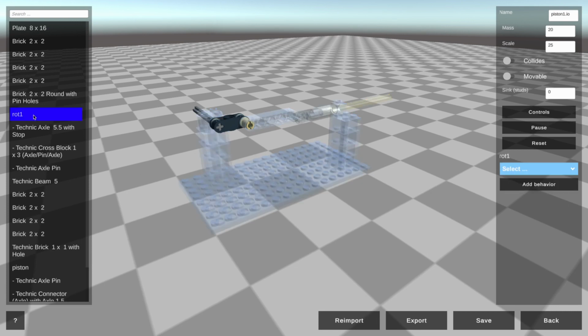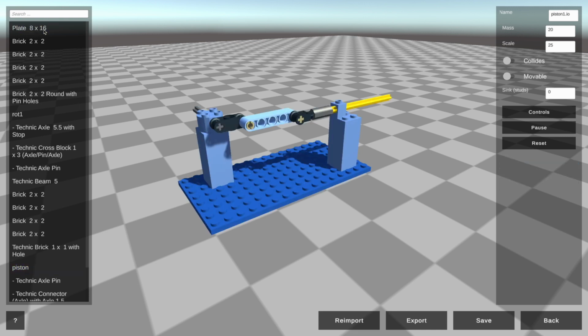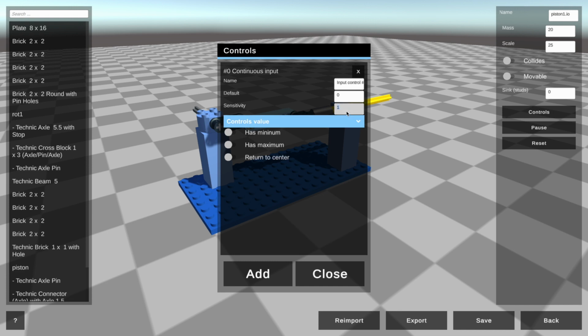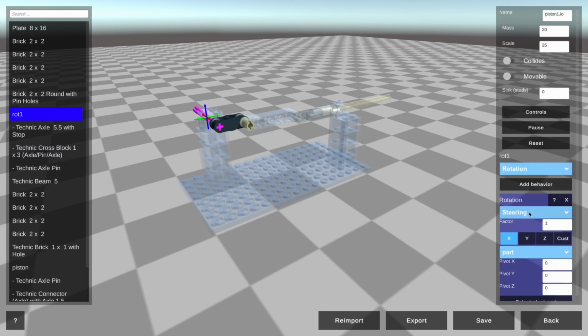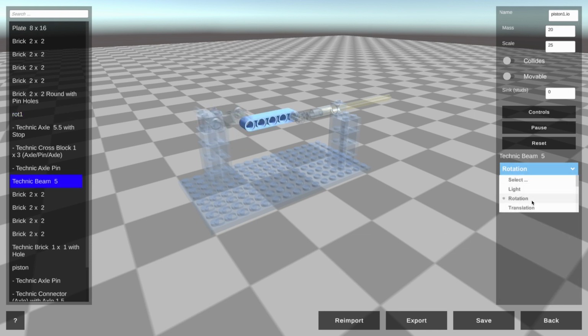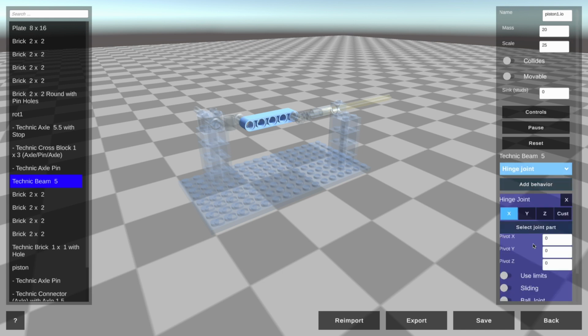As with other behaviors, it's important to set up submodels in Bricklink Studio for parts of your model that will be moving as one piece. First, we set up a control value that we'll use to rotate the shaft. Then we select the lift arm, add a hinge joint, and select the pin from the rotating shaft as the